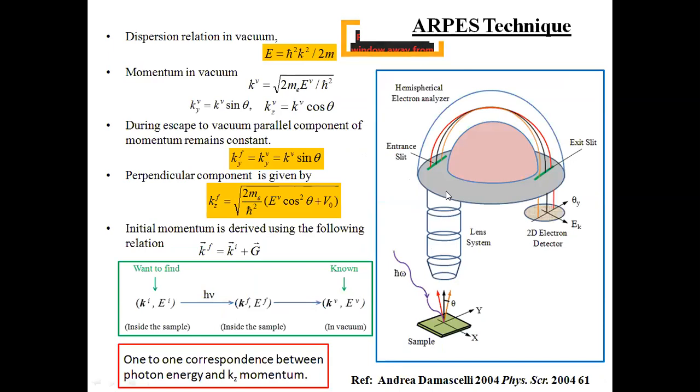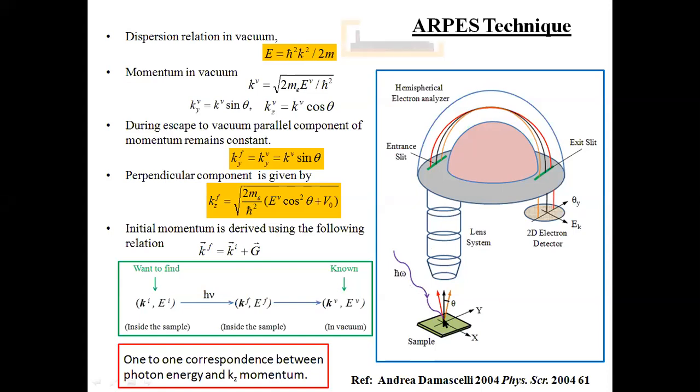Now in our case, as I said, in conventional photoemission, where I get the density of states of the material, we do not really find out the momentum of the outgoing electron. Only the number of electrons and their kinetic energy is measured, and from there we get the density of states. But in our case, we also find out the momentum. This is a schematic. Actually we do not directly find out the momentum, we find out the angle of emission with respect to the surface normal. So we have three pieces of information: the number of electrons, their energy, and at which angle they are coming out.